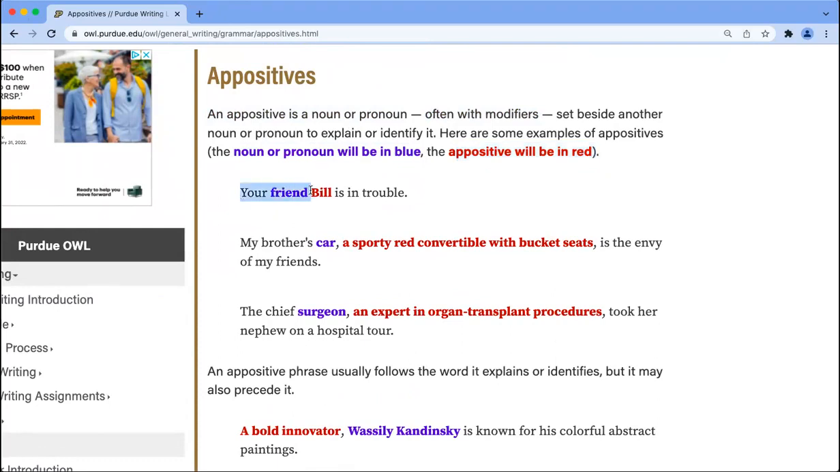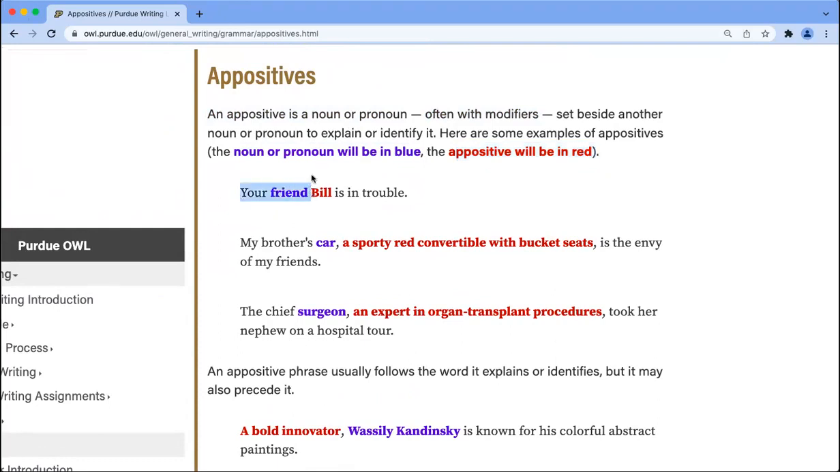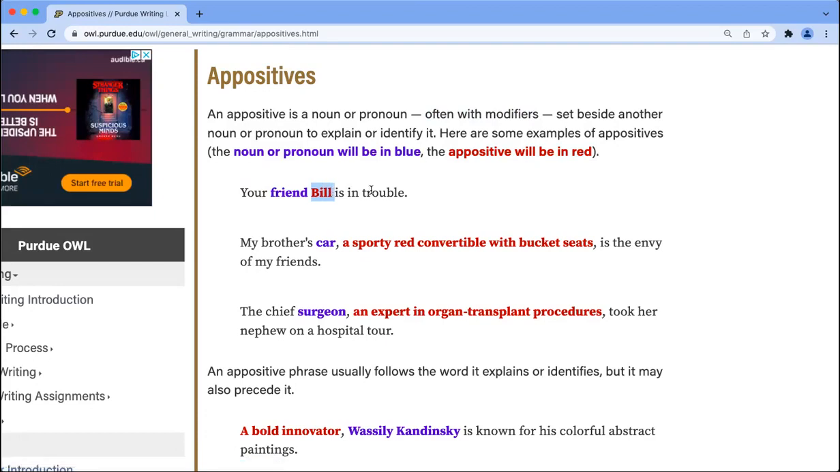If I say your friend, friend is the noun, Bill is the appositive. So Bill and my friend, they're the same people, is in trouble. If I say your friend is in trouble, you definitely ask me a question: who, which friend? But if I tell you your friend Bill is in trouble, you say, ah, now I know. We use appositive to make the meaning of a sentence stronger, to modify, to make sure that the meaning is